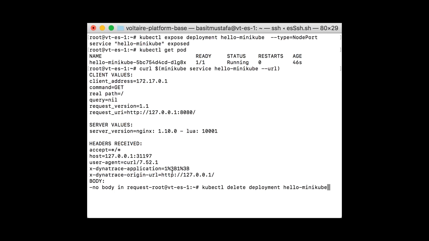And finally, when you're done with the deployment, or no longer need a deployment, or would like to replace it, you can use the kubectl delete deployment command to specify a deployment for deletion. You can also